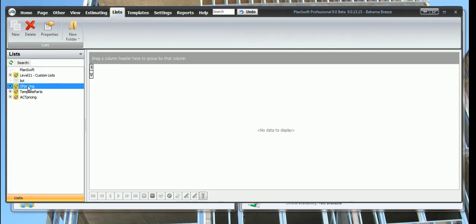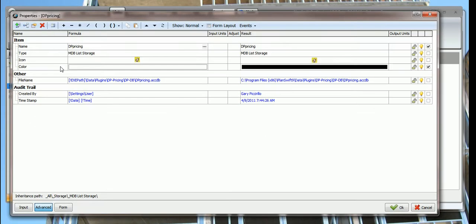Here's the databases. Click on Properties, and this is the path that comes with my plugin that points to everybody's C drive, because that's where PlanSwift is set up on everybody's C drive. Okay, so we're going to change this to point to the server, and this is the way to do it. We want to copy this path